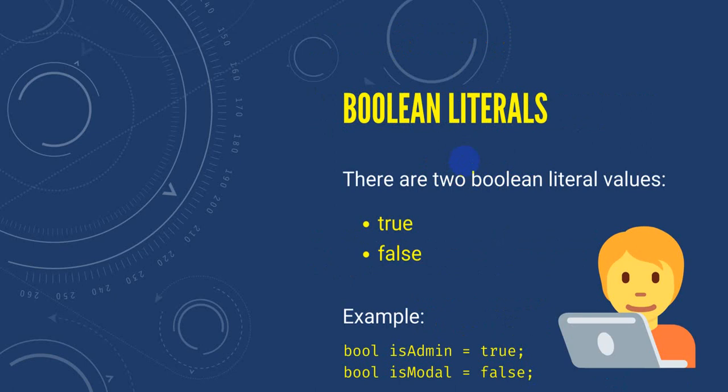Let's move to Boolean literals. Boolean literals have a value of true or false. Whenever we define a flag in a program, like in an example, isAdmin flag, I'm checking, it can be either true or false, right? So based on these conditions, if you assign these values, these kinds of values are known as Boolean literals.